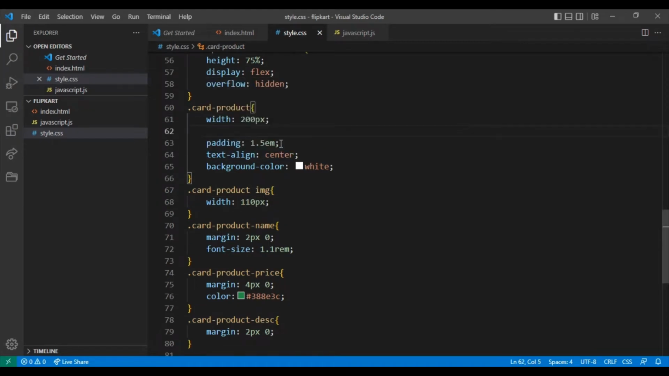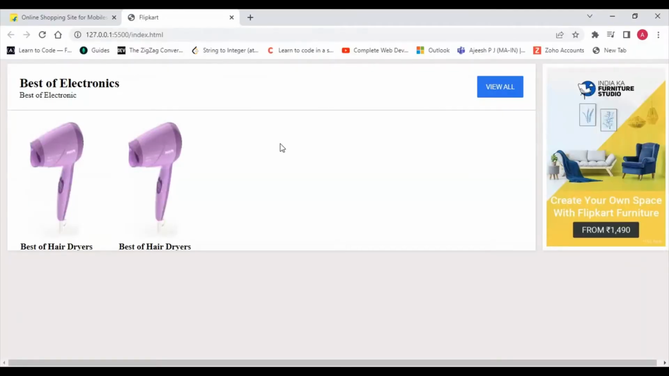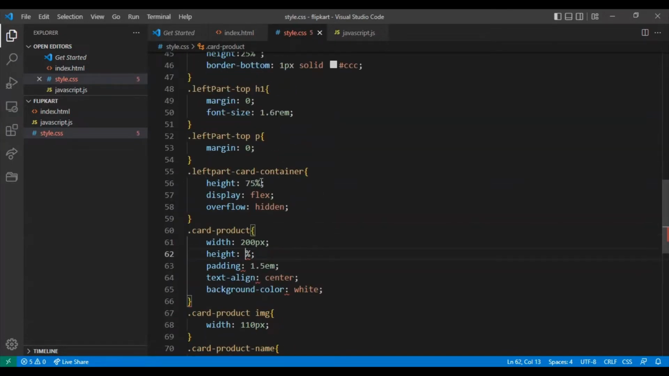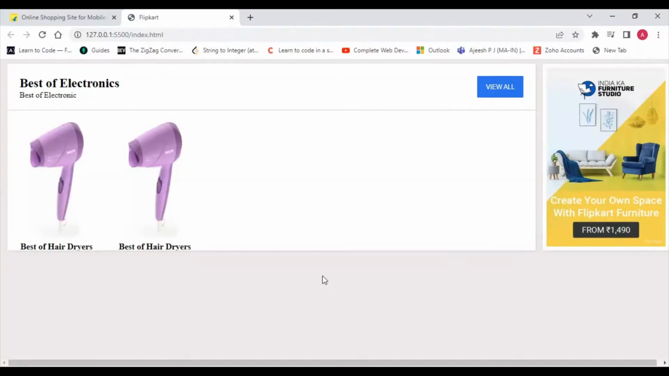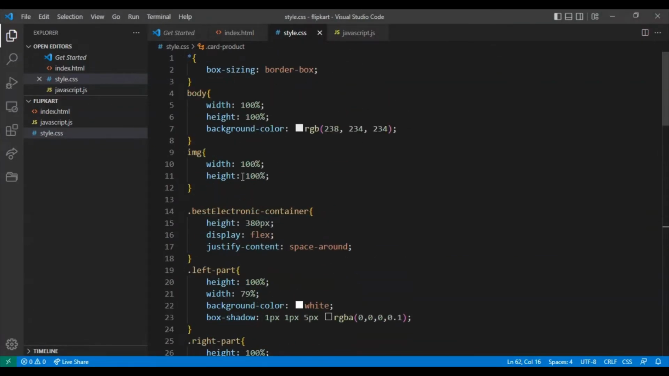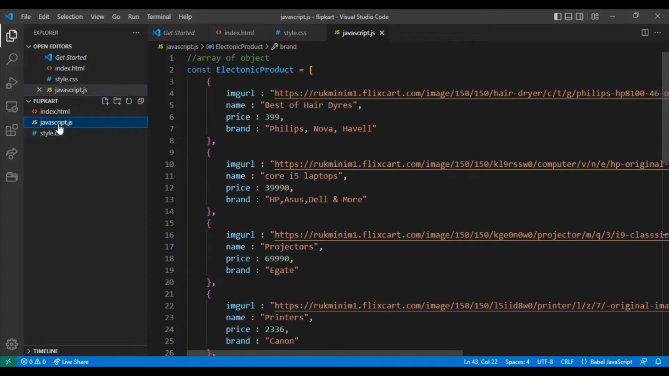The height is giving this card 100% of this width. Once again, check the card, height is 75. Why is this image taking this height? Because we gave this height as 100% here. For that we want to just change this